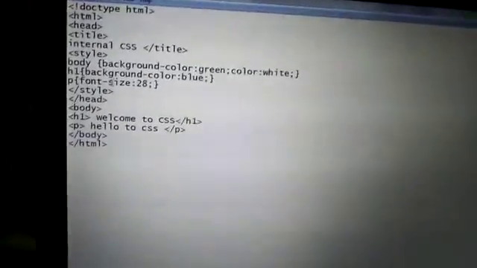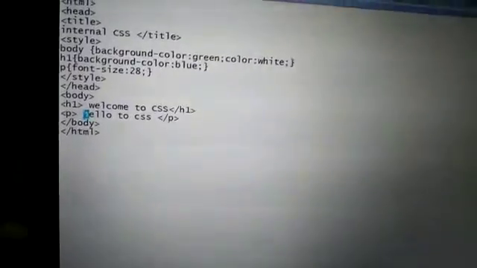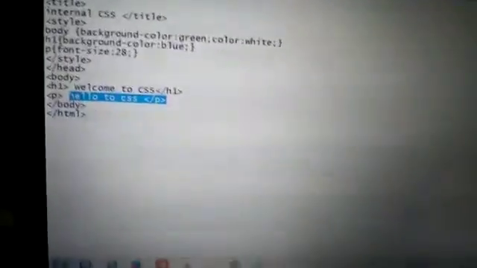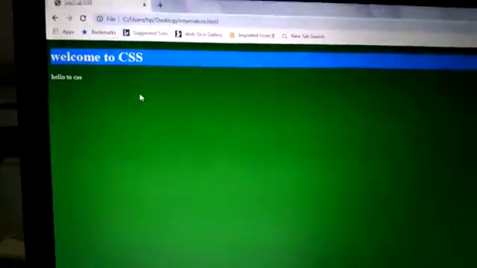And see, the paragraph font size is 28, and in the paragraph we have written hello, so its font size is 28. In this way, we apply internal cascading style sheet to our HTML document.